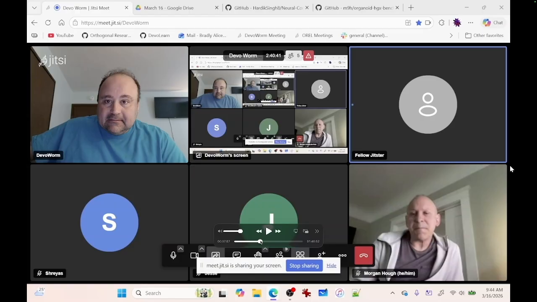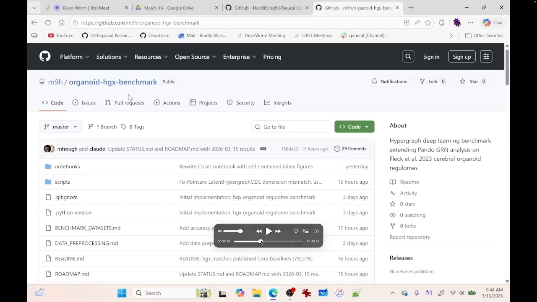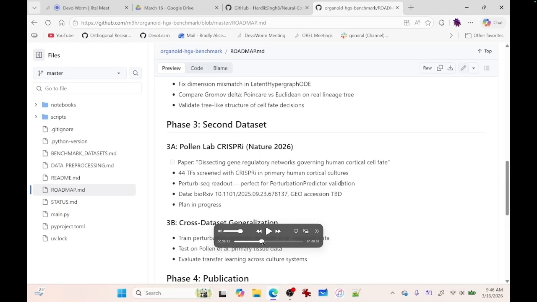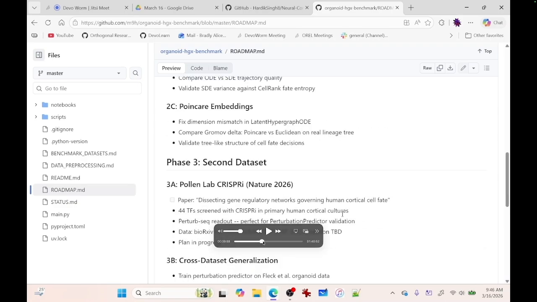So Morgan last week in this meeting presented on his work for doing neurosimulation, and he built a stack in Claude to do that. One of the repos that he has is this organoid benchmark, of course. So naturally, this is something we talked about in DevoWorm. This is the organoid benchmark. We just went through what's here and the pipeline and talked about that a little bit. And he's adding things in from the different meetings. So people who are applying to GSOC, he's kind of taking that and putting it into the model. It's really interesting work, and he's got some nice data sets to mine for this activity.